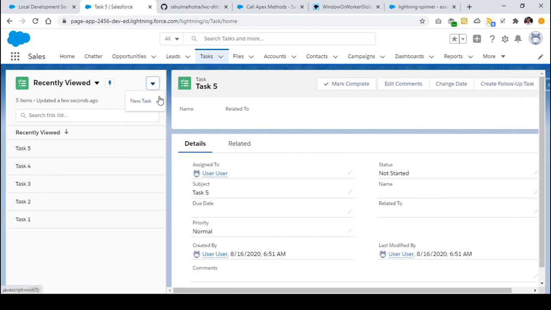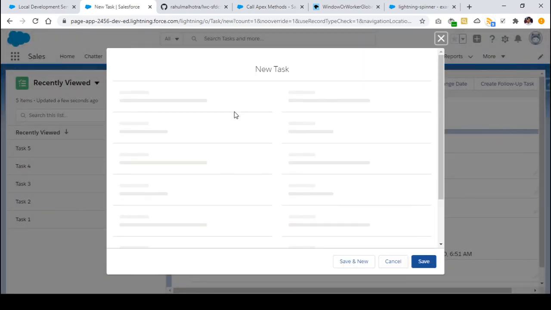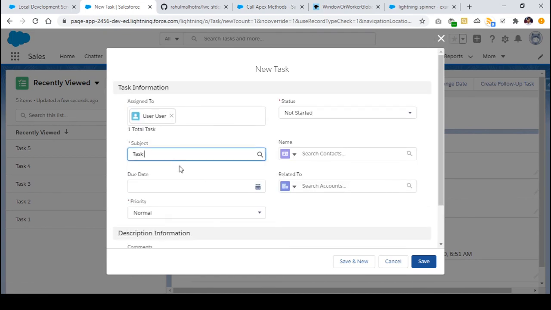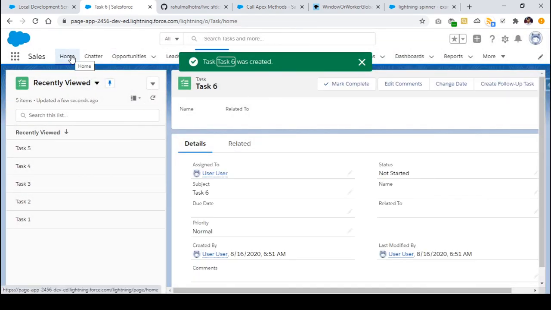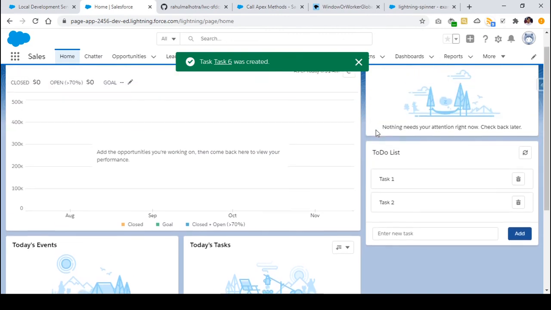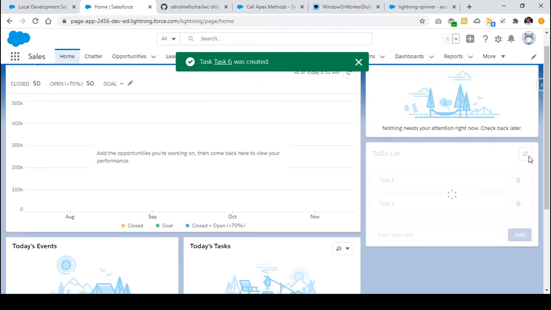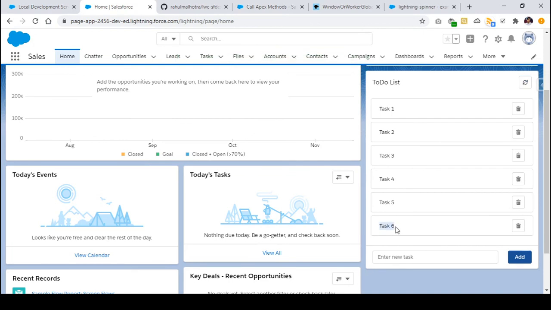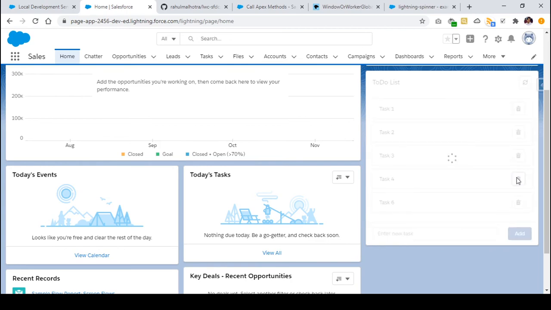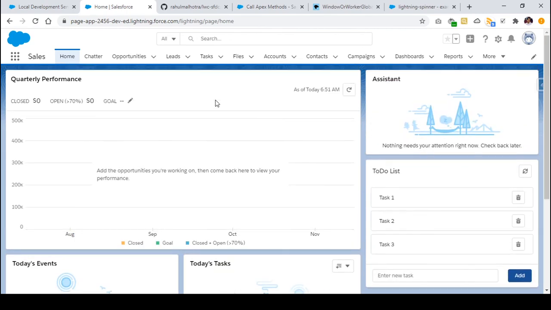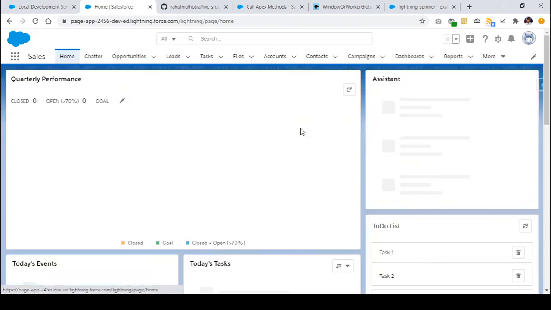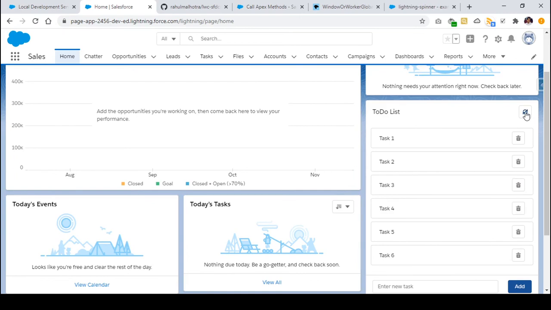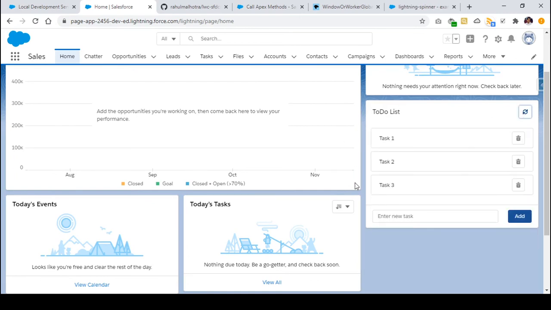Let's say I create a task from here, and I'm naming it task number 6, right? And I can go back to my home page and check it out. So let me just refresh this list, and here I can see my task number 6 is also appearing, right? I can delete task number 5, task number 4, and task number 6 as well, and I can go back to tasks and check there are only 3 tasks, right? And I can go back to the home page, refresh this list to get the latest list from the server. I can see it here, right?